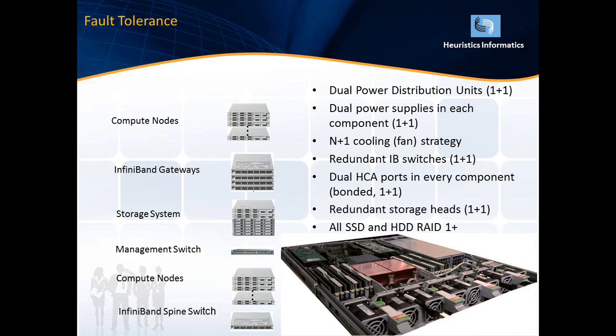The next one is fault tolerance. Each and every component within the total elastic cloud is configured in a mirrored fashion. So if one component fails, the other component will take over and keep the total stack running. I have dual power distribution units, configured in the rear part of the elastic cloud. Even if one power distribution unit fails, the stack will survive with the other. If both fail, then it will be a loss.